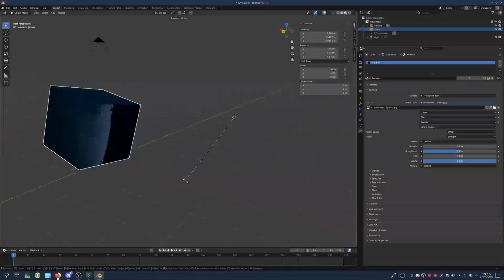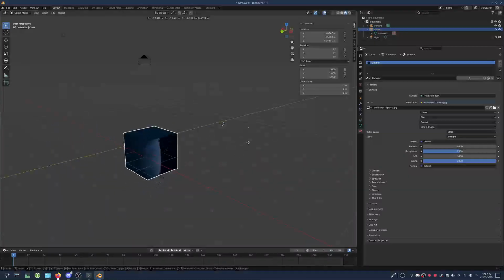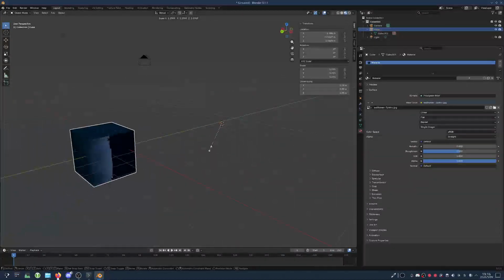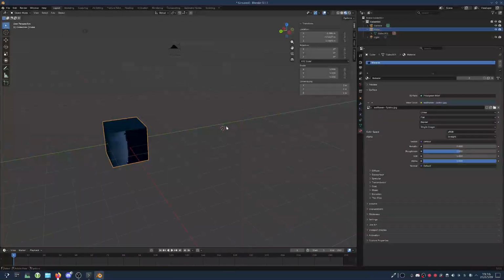It rotates around that point. When I move it, it moves according to that point. If I scale it, again, it moves based on that. So it's really like the origin point